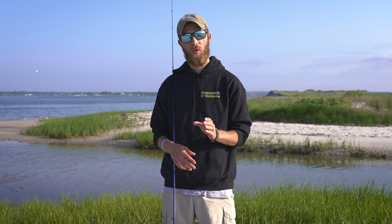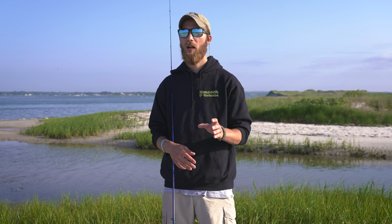I forget the exact rating. I want to say it goes up to a 1/4 ounce. Maybe it's an 1/8 ounce to a 1/4. I'll correct it here on the screen if I'm wrong. But with all 4 of these rods, I basically cover all of my fishing. So I can fish the finesse stuff, I can fish the middle presentations, and I can fish the heavy action